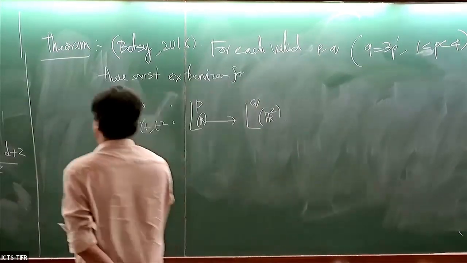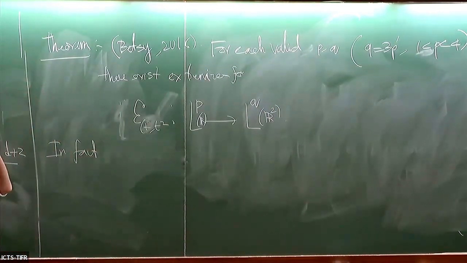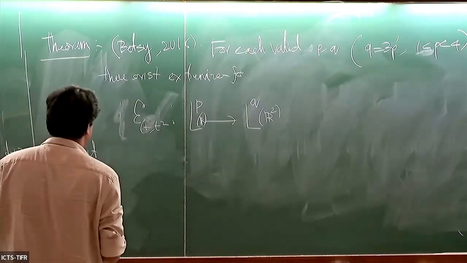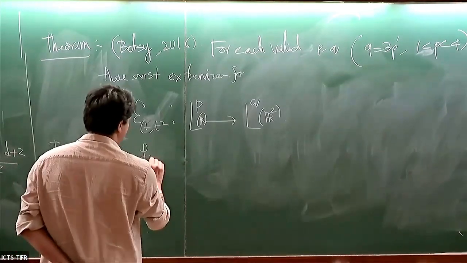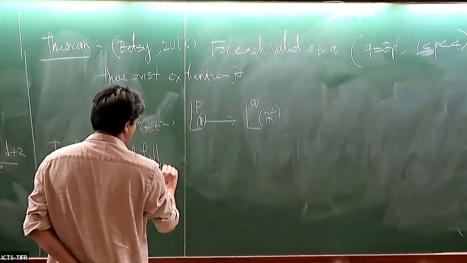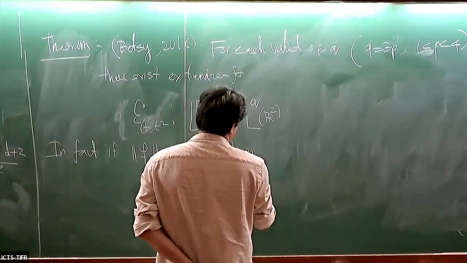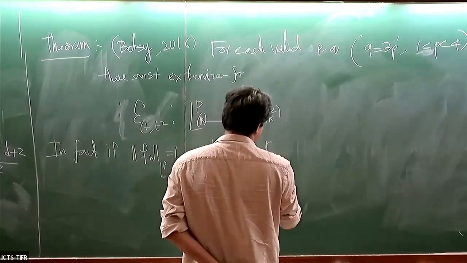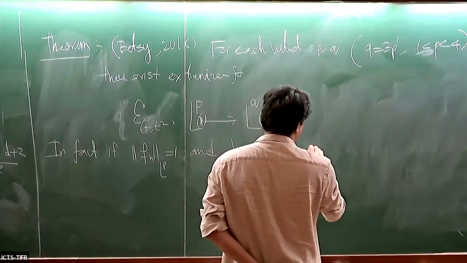In fact, we can say much more. In fact, every single extremizing sequence comes from a single function, meaning, so what is an extremizing sequence? If we have a normalized sequence, so if f_n has, let's say, L^p mass 1, and the limit as n goes to infinity of the L^q norm of the extension of f_n is the operator norm,